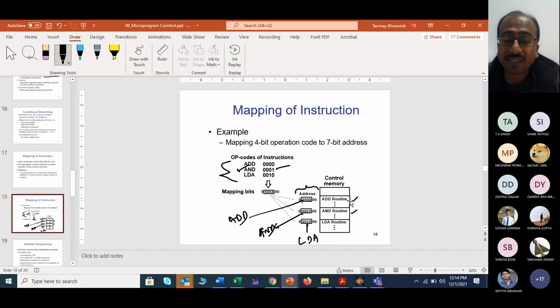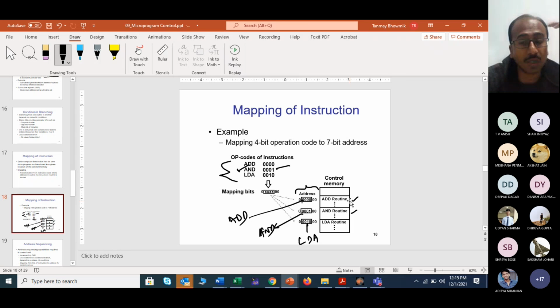So for this particular example, it has been specified that this 4-bit field, starting from the second bit from the most significant bit position, and the next 4 bits are there to specify the add and LDA instruction, or to specify the opcode instruction, right? So those opcode information will inform your system what kind of operation you are going to perform.